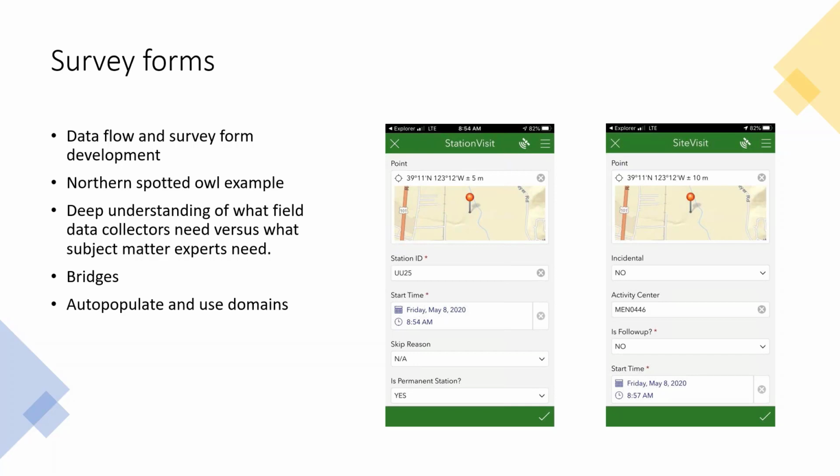All they need to do is say when they're done, if nothing happens. We have subforms if there are detections. And then we have a daytime survey where they go out to try and find that spotted owl during the day. They would click on the location of that spotted owl and it would automatically fill that form. Our goal here is to make it as easy and as simple as possible for our data collectors to grab that data and send it back.